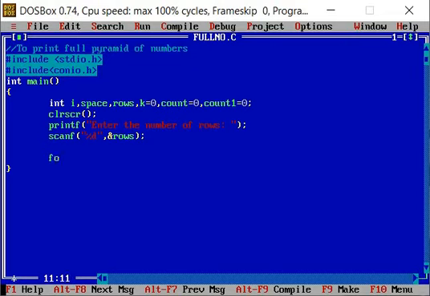Here we are using the for loop concept: for i = 1, i <= rows, ++i.